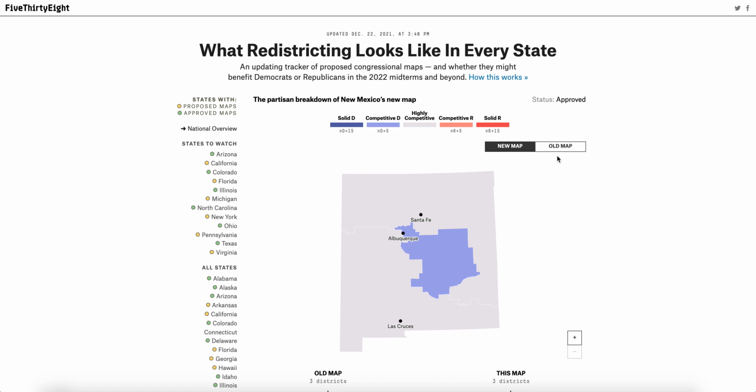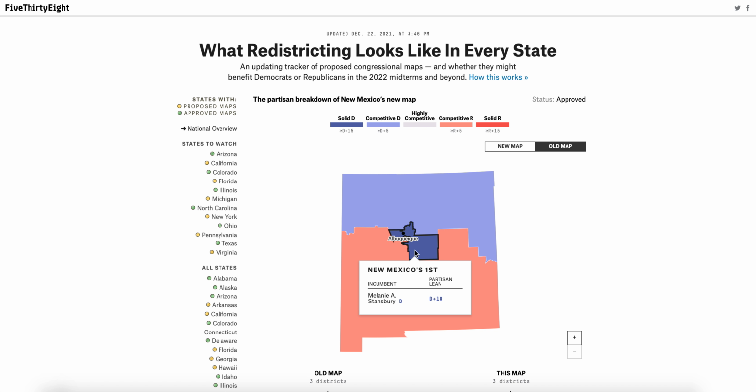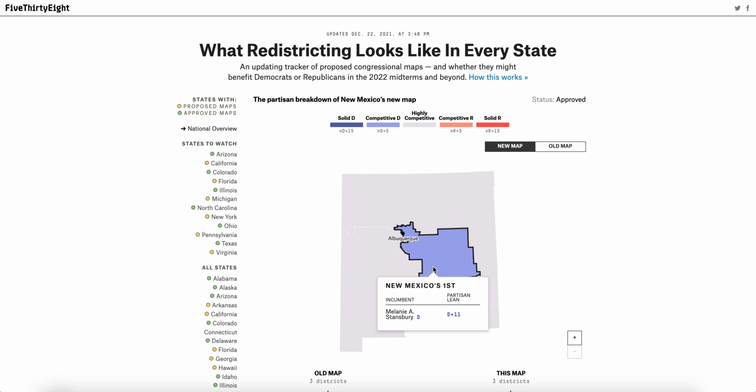That is a 9-point reduction for the Democratic Party. In the neighboring 1st congressional district, Democrats went from having the advantage with a partisan lean of 18 points to the left of the national average. Now it only leans 11 points to the left, which is a 7-point decrease for the Democratic Party. So you can already see how in these 2 initial districts, the Democratic Party is seeing a massive reduction in